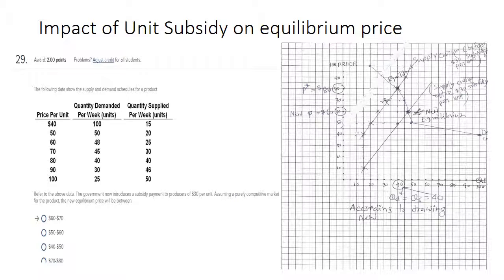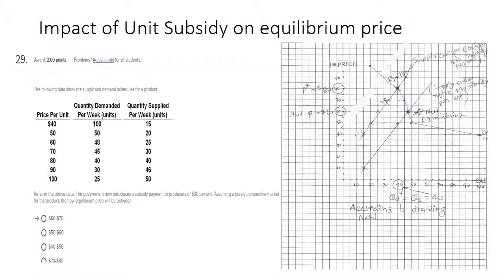It's a $30 downward shift, because the graph paper is used in a way that every square is 5. So from here to here is 5, and then 10, 15, 20, 30. For example, from here the vertical distance is also again 30. Here also the vertical distance is 30: 5, 10, 15, 20, 25, 30. So the whole supply curve shifted rightward to where the vertical distance is 30, and now with the new supply